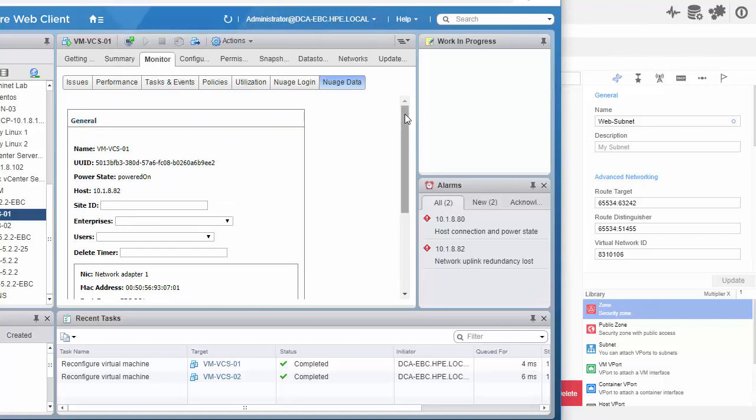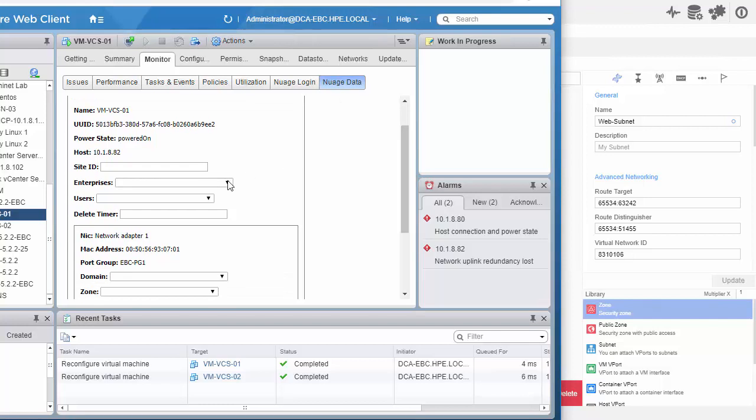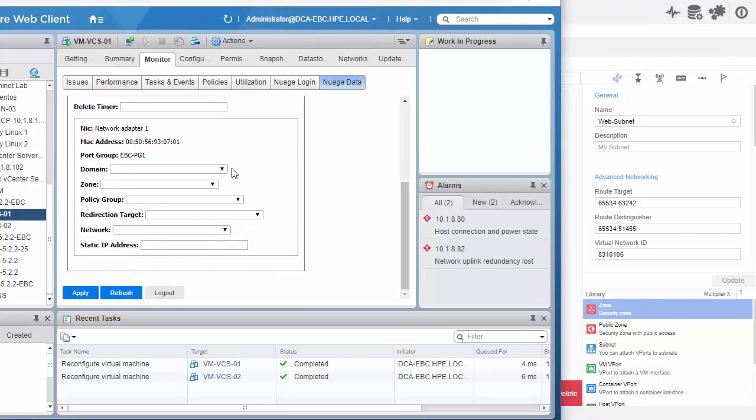So for VM VCS01, the enterprises we have here is the shared infrastructure and Ali Blogger Tech. So we'll click on Ali Blogger Tech. The user will be Ali Blogger. That's the user created within that enterprise. The domain will be Ali Blogger L3 domain. We'll go ahead and choose the zone, which is the app zone. There is no policy group or redirection targets, but we do have a network, and that will be the app subnet. And I'll just move this over a little bit here